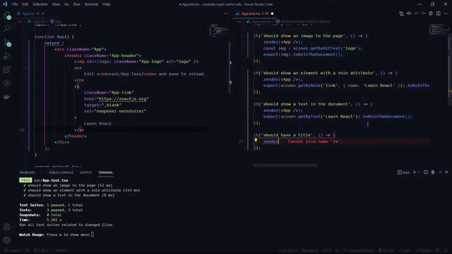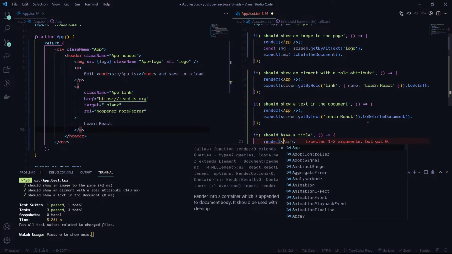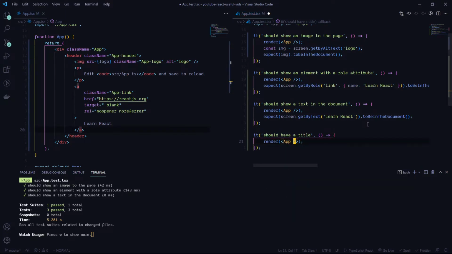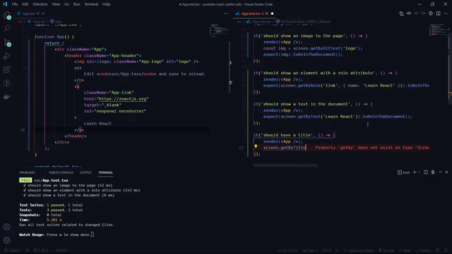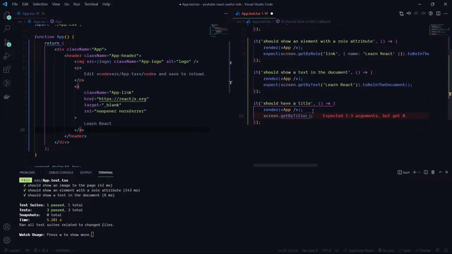Then we bring in our render function or render the app component where we are going to test it. Right. So what is the use of the getByTitle? So getByTitle what it simply does is it search for a particular element in the component that has what a